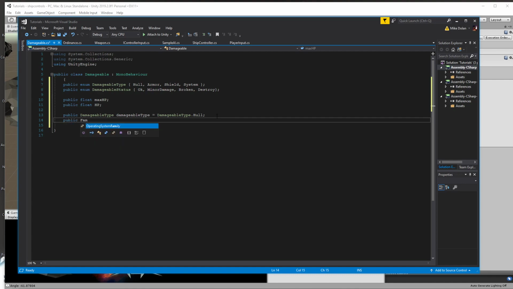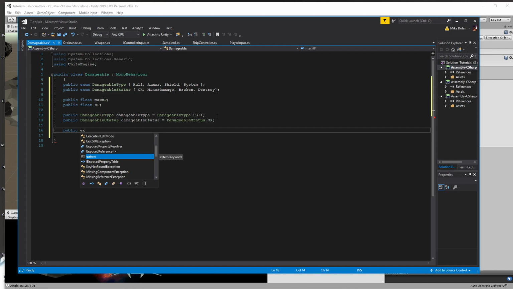Okay, so now we'll do our damageable status, and we will give it, oops, we have a lot of things called damageable in here. Damageable status, and our status will be okay. Okay, so that just means everything's working. All right, and finally, the last thing we're going to need is an explosion. We're going to make it a game object. Explosion